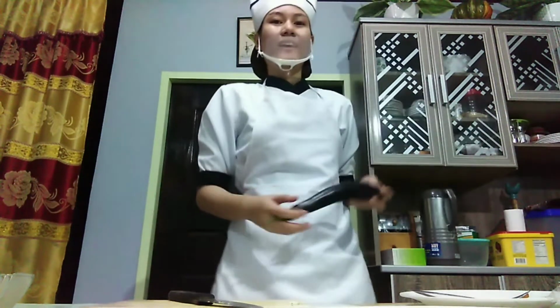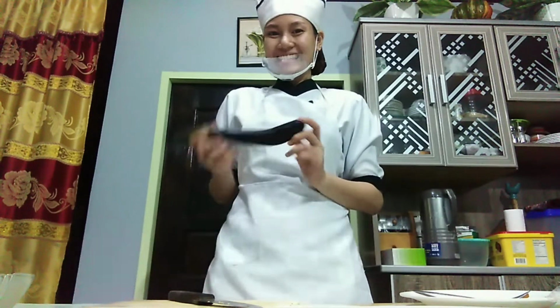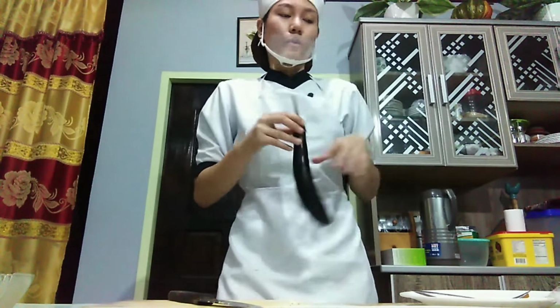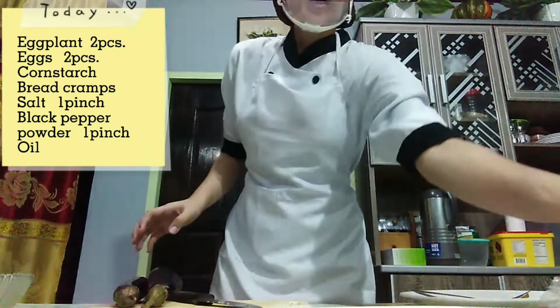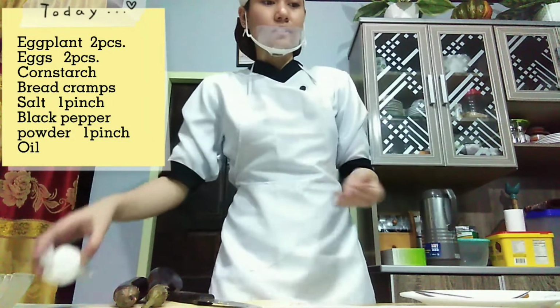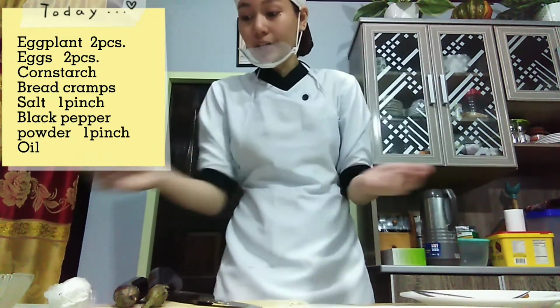For my next recipe, I am going to prepare an appetizer, and this is crispy fried eggplant or crispy eggplant fries. So of course we need eggplants, and we also need cornstarch. We also need black pepper to add flavor to our egg, and of course we also need